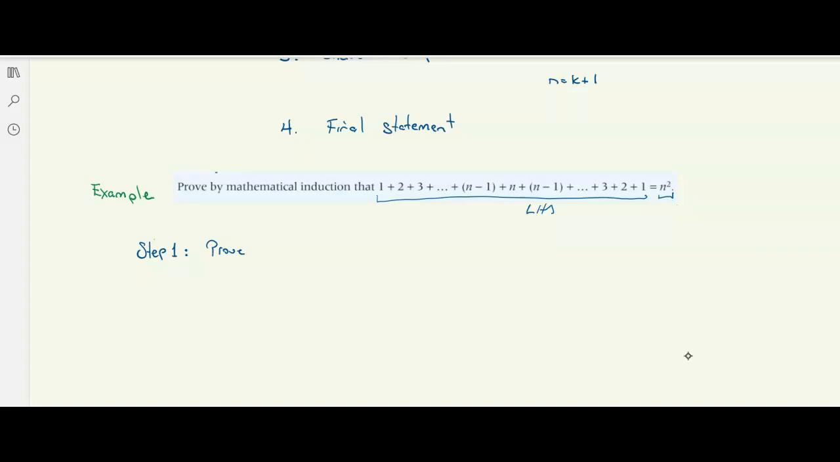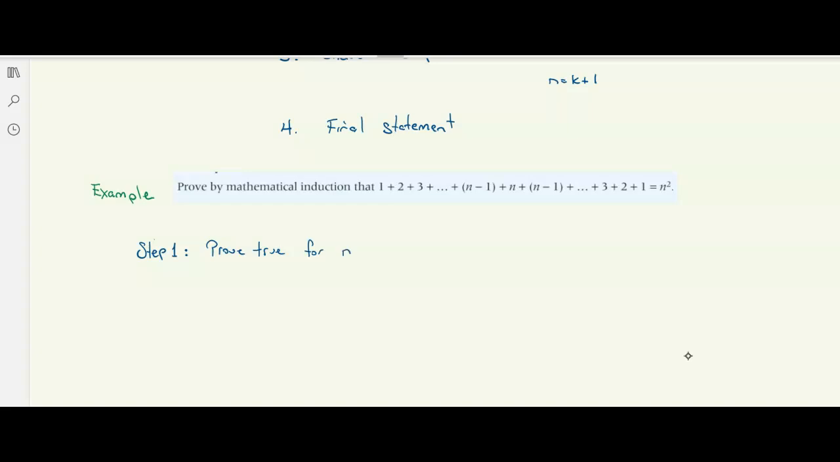So we want to prove that the left-hand side, 1 plus 2 plus 3, this looks like an arithmetic sequence, doesn't it? 1 all the way up to n, then back down, plus 3, 2, 1, equals n squared. So it's all the way up and all the way back. First n terms and then all the way back is equal to n squared. Okay, so we want to prove true